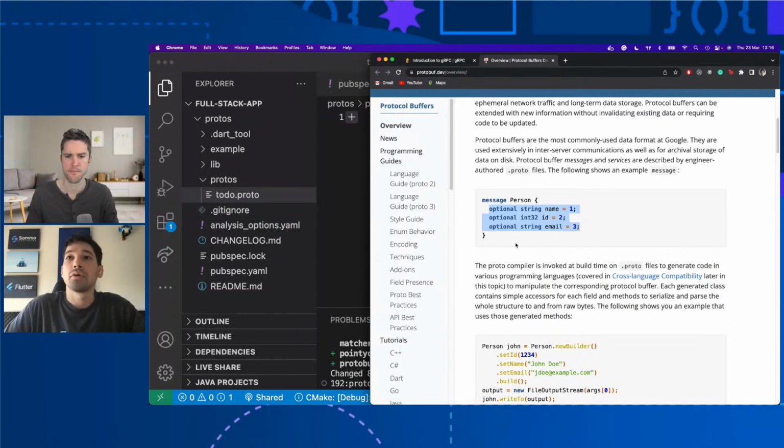Yeah. So the thing is that in order to have this interchange of messages in an efficient way, protobuf reduces the whole concept of a message that we are passing through services, between the front end and the back end. It can be more efficient in terms of size, because if you know JSON, it is really easy to read, but it's not so efficient to pass over the wire.